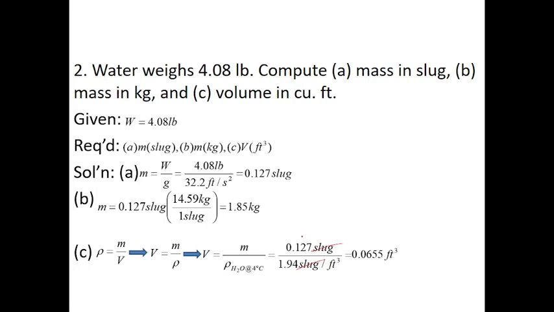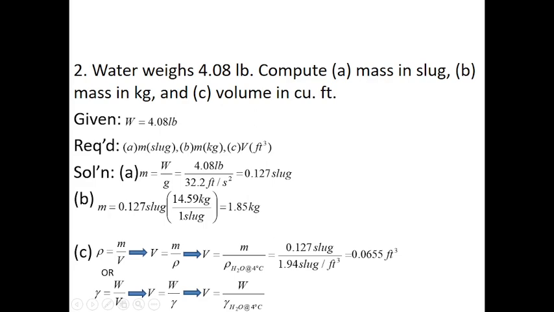So applying laws of fractions, or the other way around, we can use the formula. The specific weight is equal to the ratio of weight to volume. So the volume can be obtained by dividing the weight by the specific weight, no? And take note, the specific weight that we will consider here